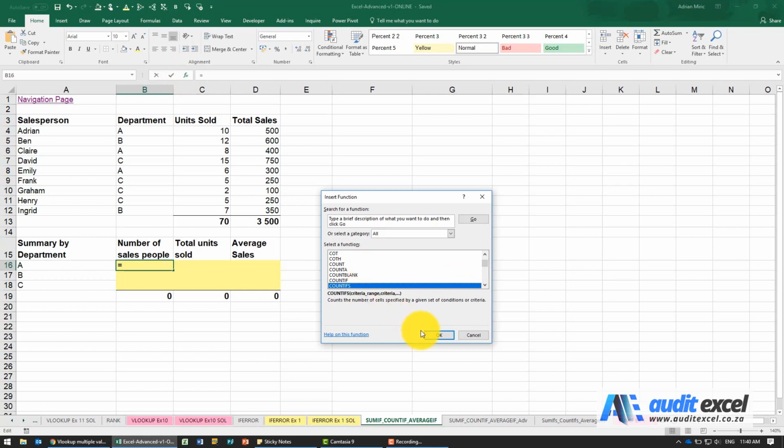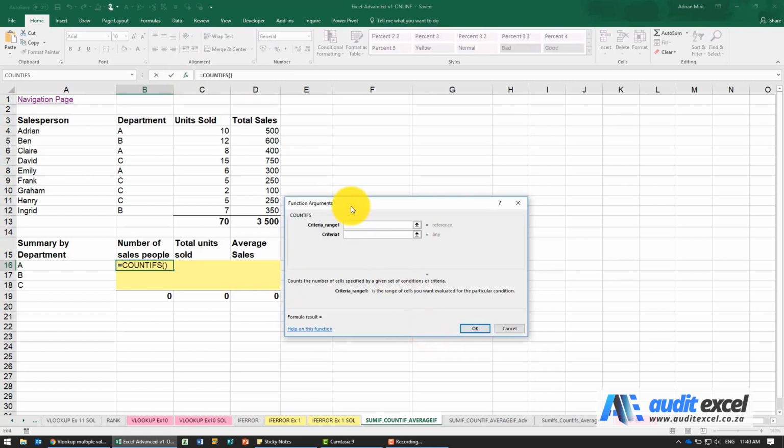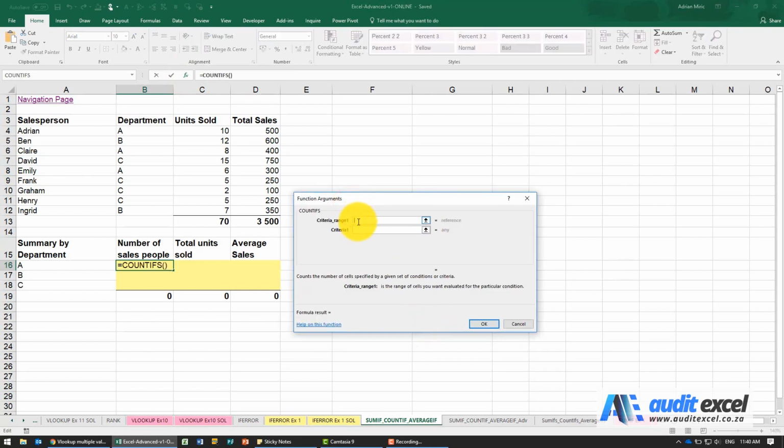So just look for the plural. And you'll see it asks you two very simple questions. It says, where is the criteria range and what is the criteria? Now just to make it easy on yourself, we suggest you always look at the criteria first. So you'll notice I've clicked on criteria 1. And because of the IFS part of it, we actually can choose many criteria. But for now, we're just going to do single criteria. So this criteria, we're going to say, please look at that cell over there.